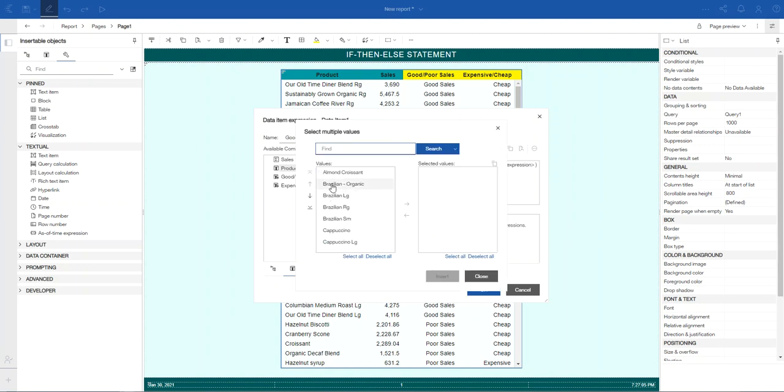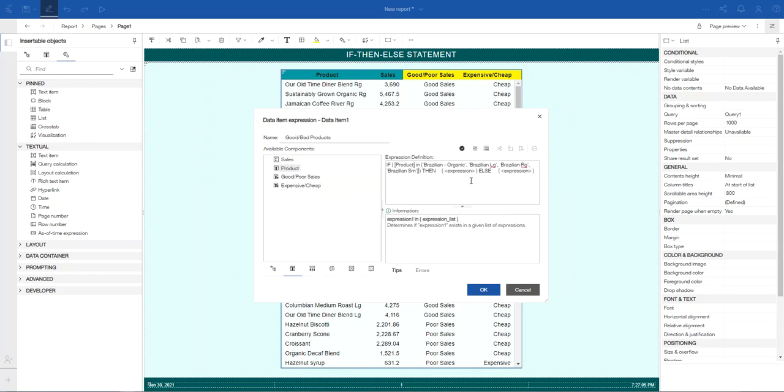I'm just going to pick everything Brazilian. Click the first one and select everything, so we have 4 items. Hit OK.